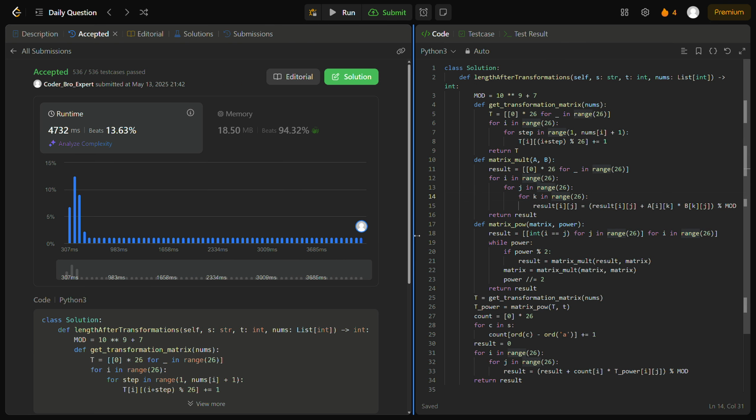So on a high level, how are we really solving this problem? What is the process behind it? Effectively, we're combining string manipulation with matrix exponentiation. We're modeling the transformations that we have to apply, all t of them, to our input string s as matrix operations, and then we efficiently compute the result, even for larger values of t,